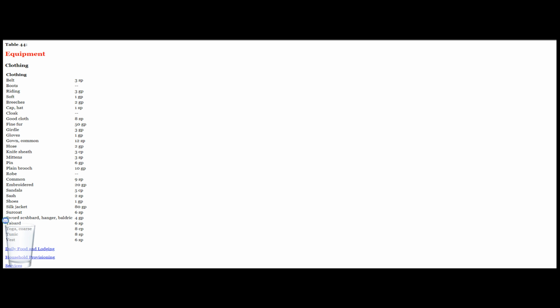Okay. So I'm trying to click the link. Yes, there it is. Gown, west tower tunic, silk jacket, robe. Well, that doesn't cost anything. It does have a cost. Boots and